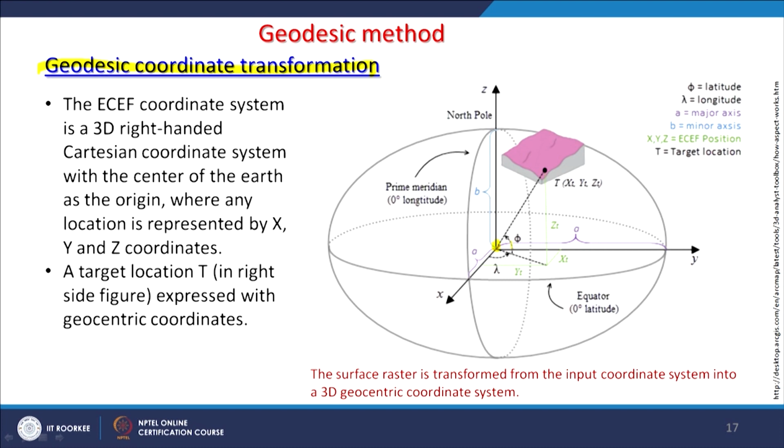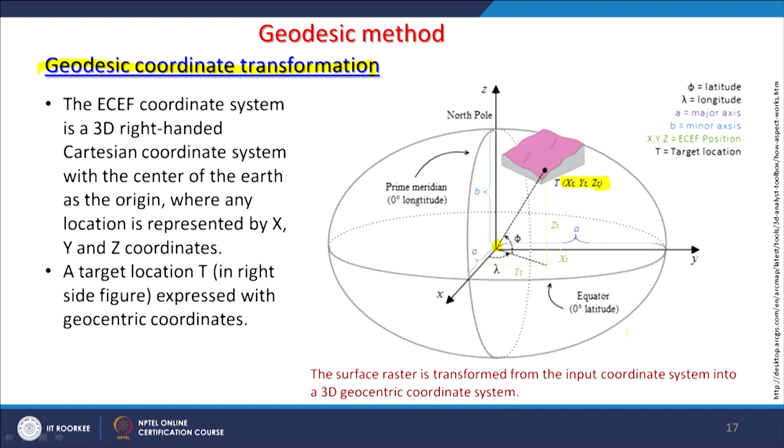This is a little exaggerated in the sense that the polar regions are suppressed, just to enhance that part in our diagram. So, this ECEF coordinate system is basically a 3D right-handed Cartesian coordinate system with the center of the earth as the origin, where any location is represented by x, y and z, like here it is being done. So, a target location T